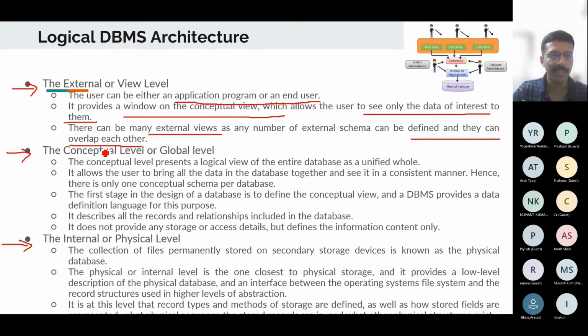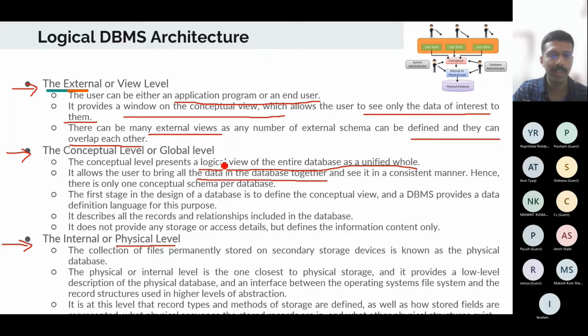The second level, conceptual or global level, presents a logical view of the entire database. This is, as I told, a 10-line Python code I am trying to describe in words, and the internal or physical layer will be like those 10 lines of Python code. That is how you can differentiate between conceptual and physical level. The conceptual level allows the user to bring all the data together.